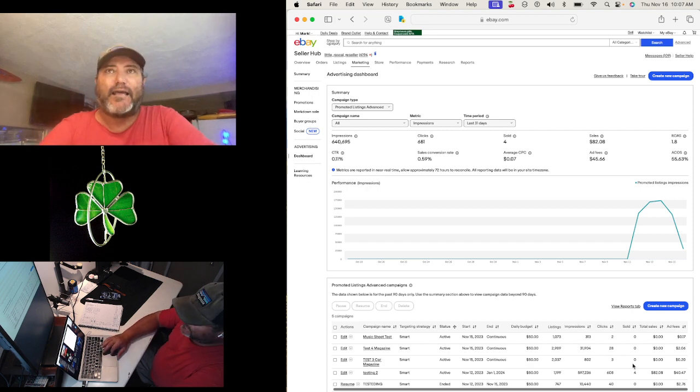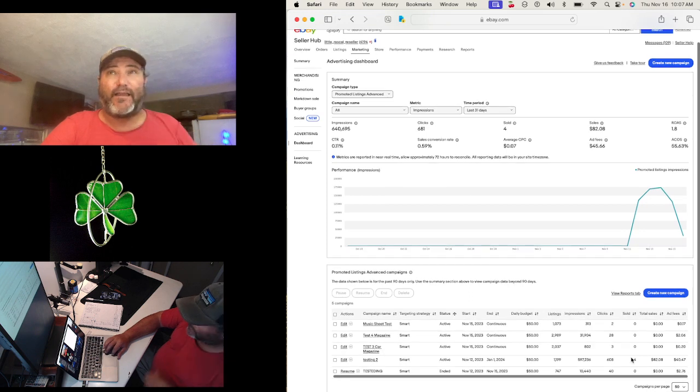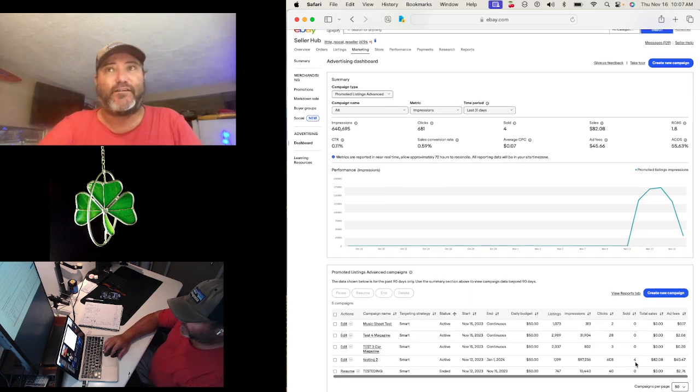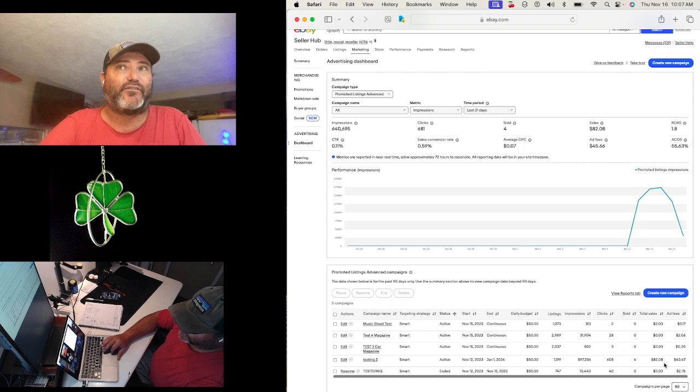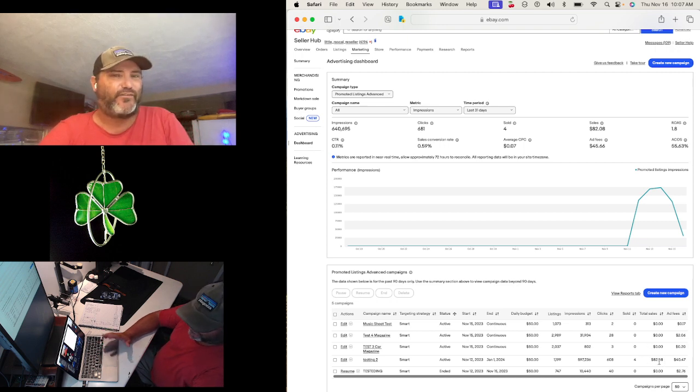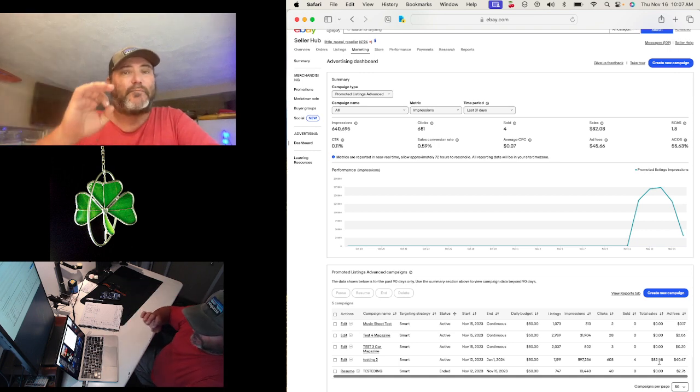So the next step here is to determine... I have this one that has 4 orders. That's the first test. I've spent $40 and the total sales, with shipping and everything, is 82. Well, you minus your cost, and then some of them are promoted because you've got to keep the promoted on, because it drops the organic